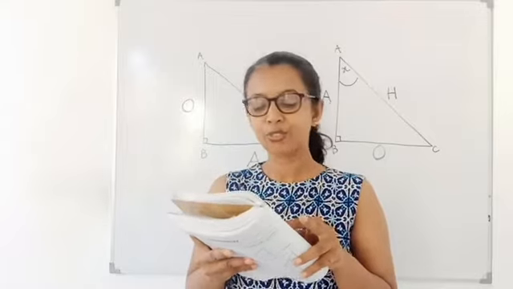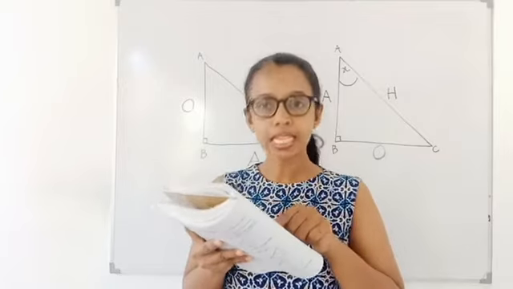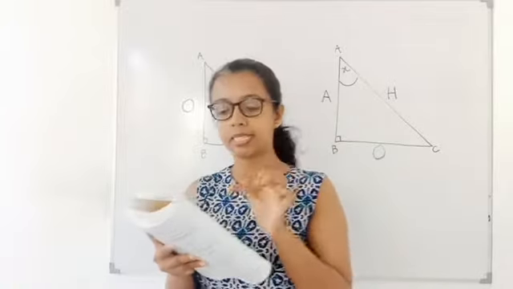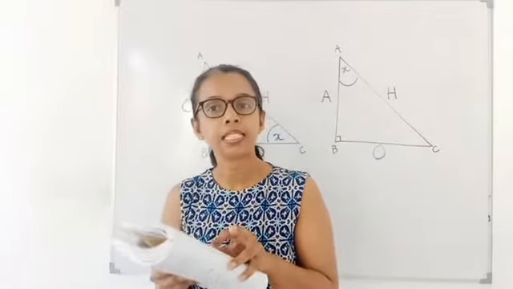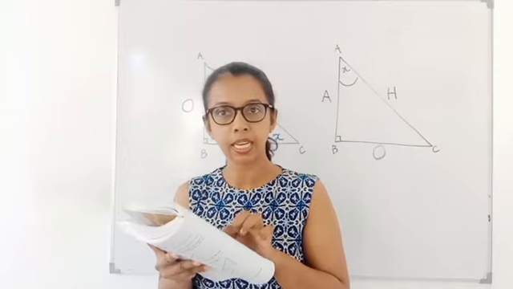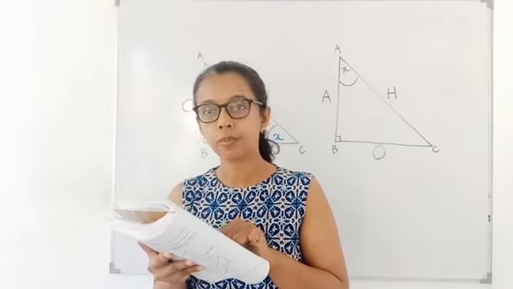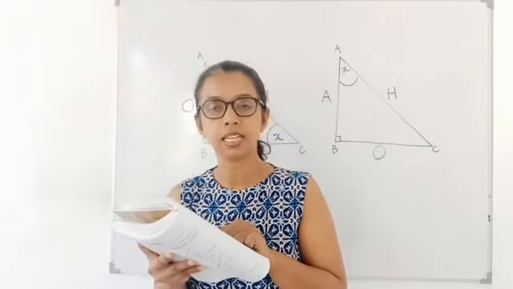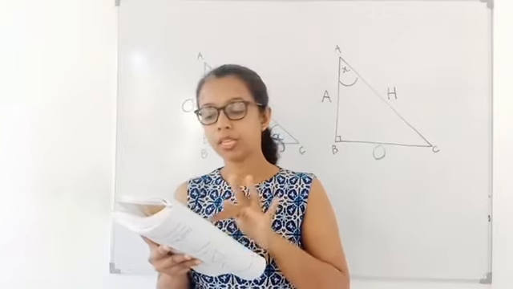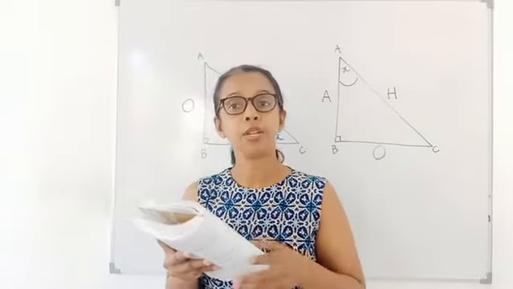Let's see. The first one, AC will be the hypotenuse. Why is that? Because B is the right angle, so the side which is exactly opposite to the right angle is AC. Therefore, AC is the hypotenuse. Then the angle they have marked, children, is C. Then the opposite side should be AB, right? And what will be the adjacent side, the remaining side? That's easy. But according to the definition, the adjacent side together with the hypotenuse creates the selected angle. So BC will be the adjacent side.